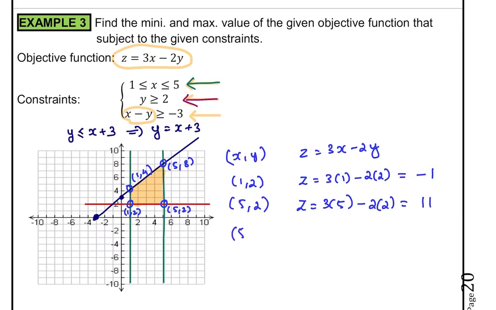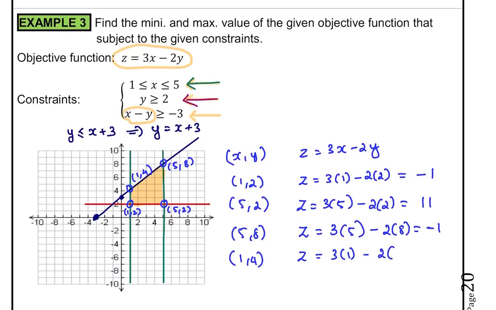And the third point is 5, comma 8, so therefore my z is going to be 3 times 5, which is 15, minus 2 times 8, which is 16, which is going to be -1. And I have 1, comma 4, and then therefore z is going to be 3 times 1, which is 3, minus 2 times 4, which is 8, so it's going to be -5. So if I make a table,